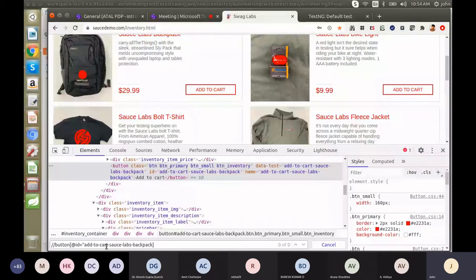Now it is located only one value. Okay, so now it is fine. We can copy this XPath and we can go and write our scripts.